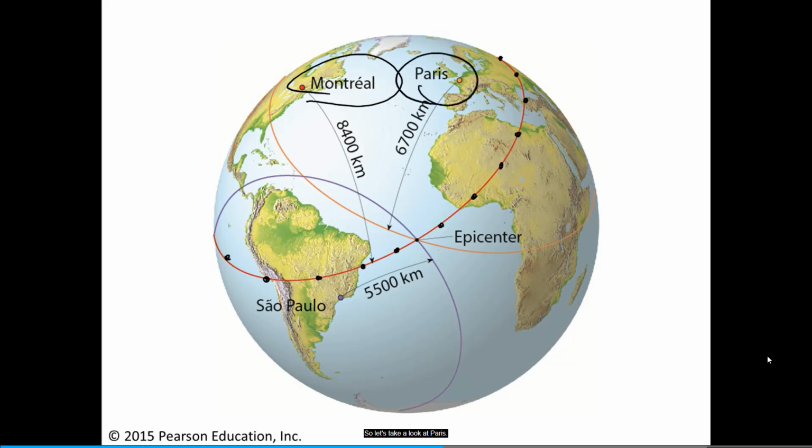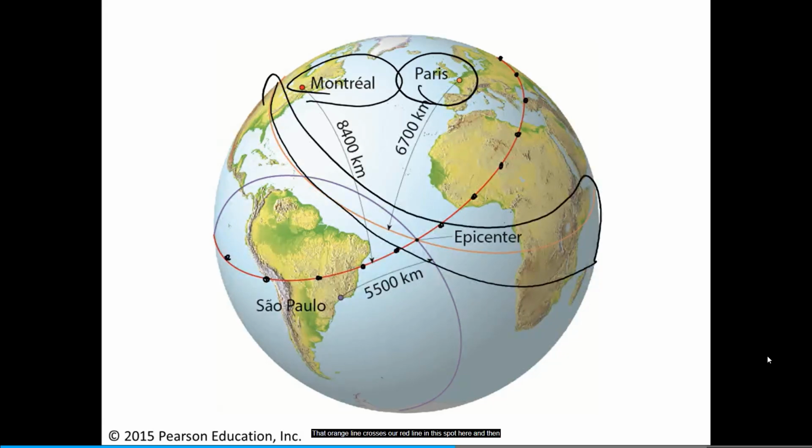So let's take a look at Paris. It's 6,700 kilometers away from Paris. So Paris says the earthquake is going to be somewhere along this orange line. That orange line crosses our red line in this spot here and then in another spot on the other side